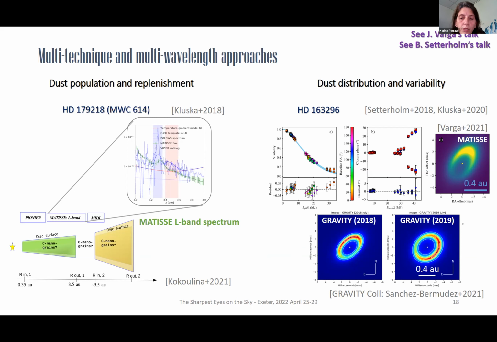So we probably need a more focused campaign combining all the instruments that we can have, to better understand this object, because the variability doesn't help to model things if we use different data sets that are not homogeneous and not simultaneous. But yes, there are some simulations of vortex and of dust trap and dead zone in this innermost part of the dusty disk that have been done by the MATISSE people.